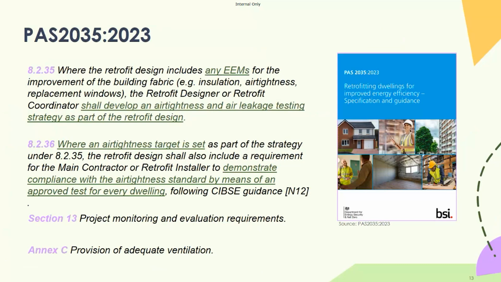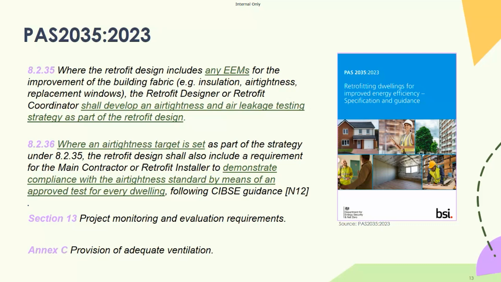I recognise that there's a lot of confusion in the market at the moment around, okay, PAS is requiring me under this first clause, 8.2.35, to have an air testing strategy. But what does that mean exactly? What does a good strategy look like? Here, I would defer principally to Part F, where under Section 3 of Part F, there's what's known as a simplified method, which considers whether an intervention is minor or major in relation to likely impact on air